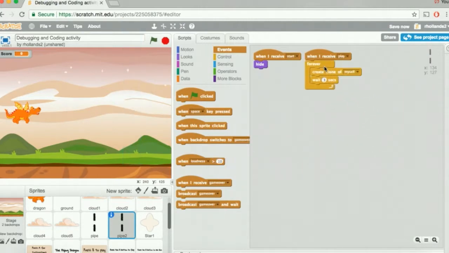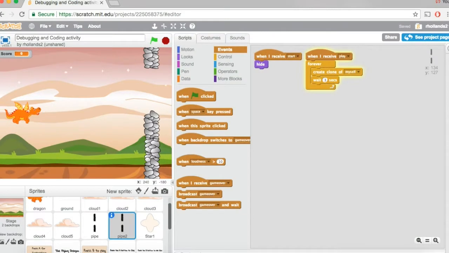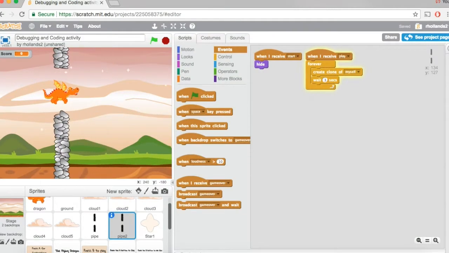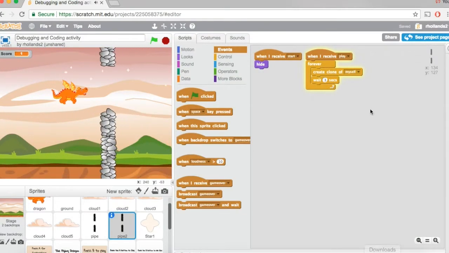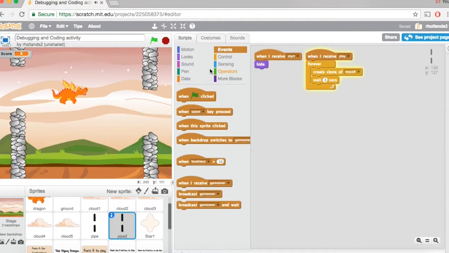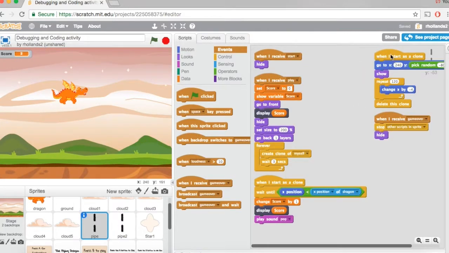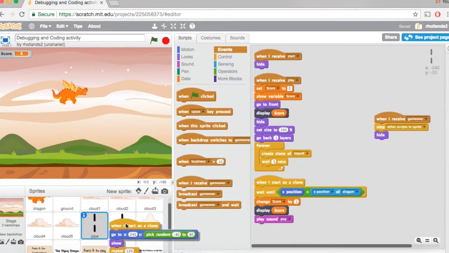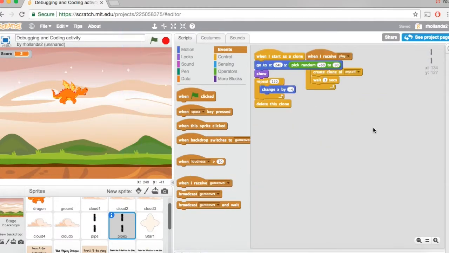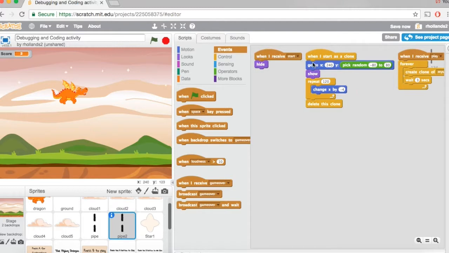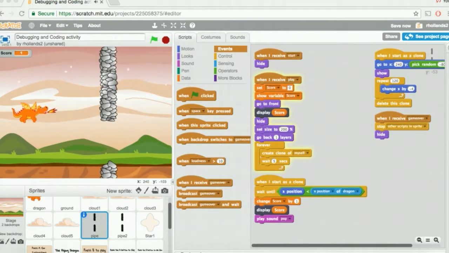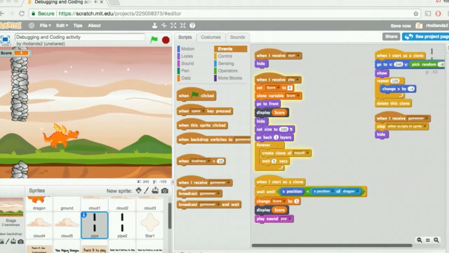By duplicating this one piece of code, the second pipe is creating a clone of itself, but is not showing for the dragon to be able to fly through it. Therefore, we now need to copy over the next piece of code which causes the pipe to show. As you can see, having this code in this sprite causes both pipe sprites to appear on screen and leave at the same time,